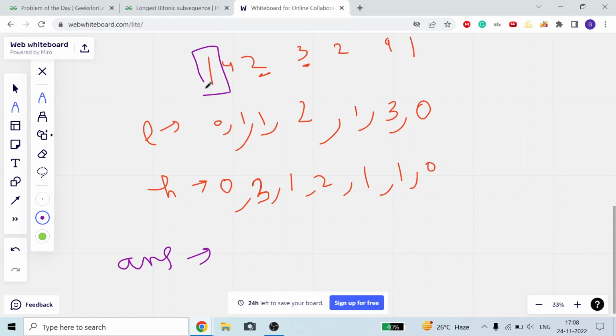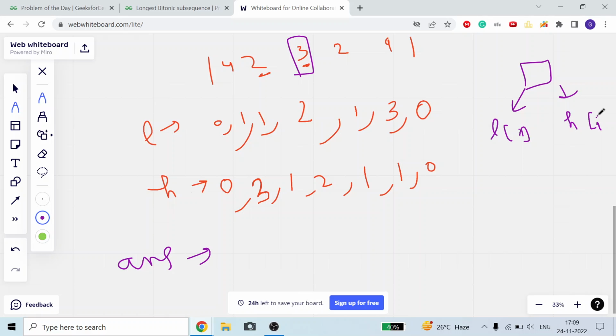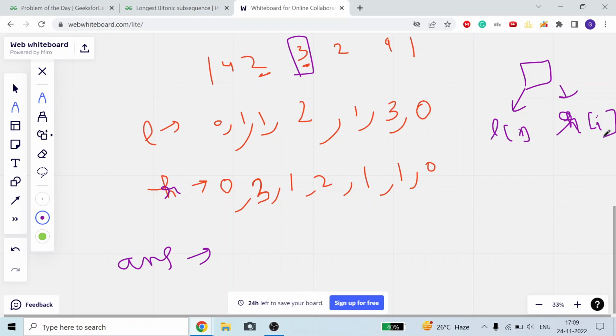For each index i, suppose I take this number as center, then Li will represent how many numbers I can take on the left side of it. And Hi will represent how many numbers I can take on the right side. Make it R, or anything you want, make it R. R will give me the number of elements that I can put on the right side of it.